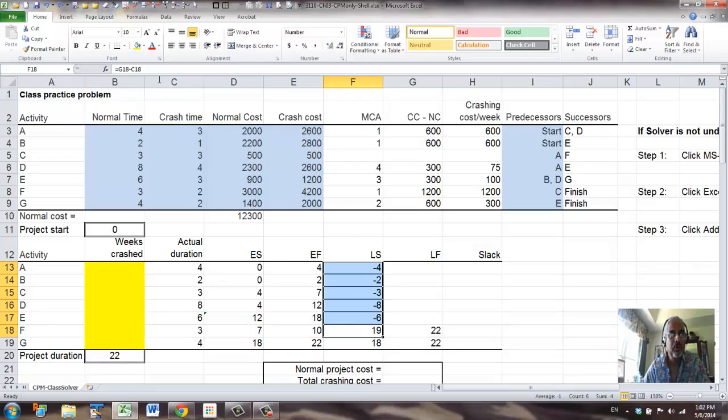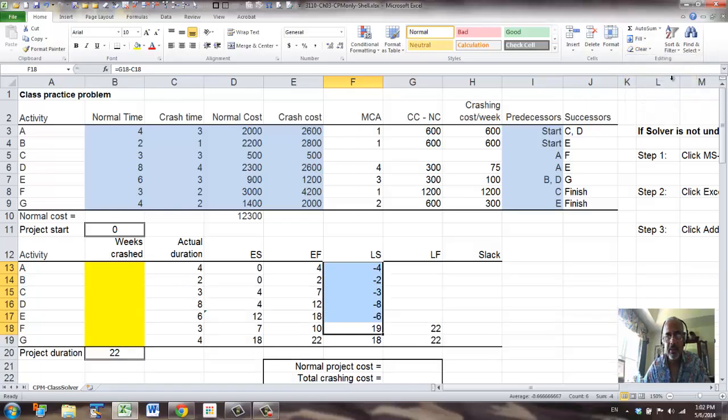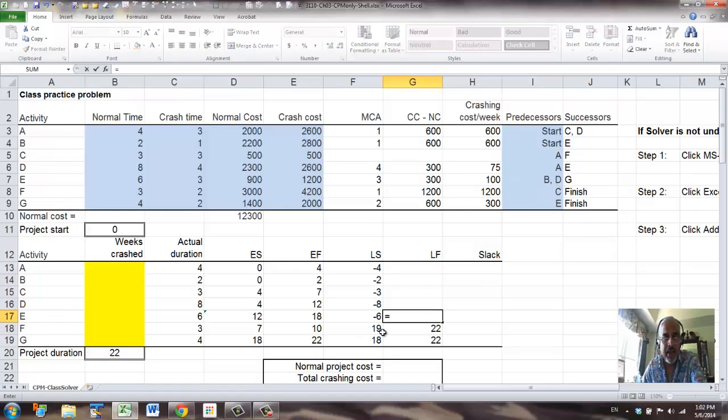Now let's remove the format. You can do this by going here to clear and clear formats. Now the latest finish time for E, the successor is G. So G's start time is the finish time.